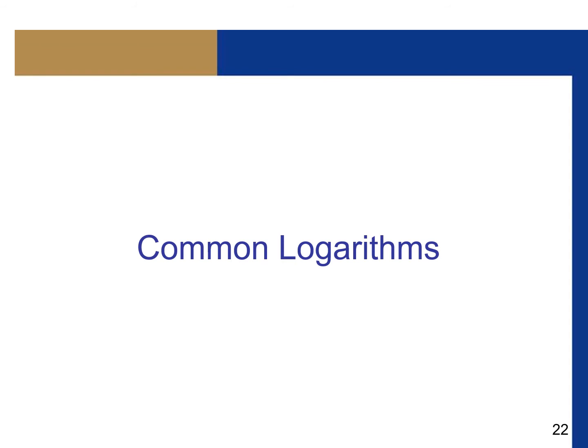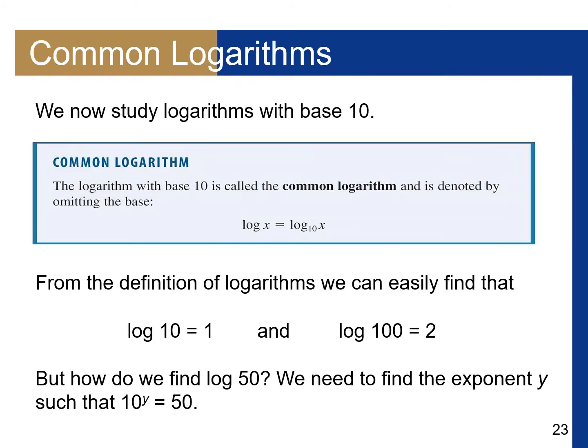So look at common logs. The only difference between a common log is its base. Similarly to when we have square root, we don't put the 2. If we have a common base log, we don't put the 10. So it's similar to that. So this is really down here. This would actually be 10